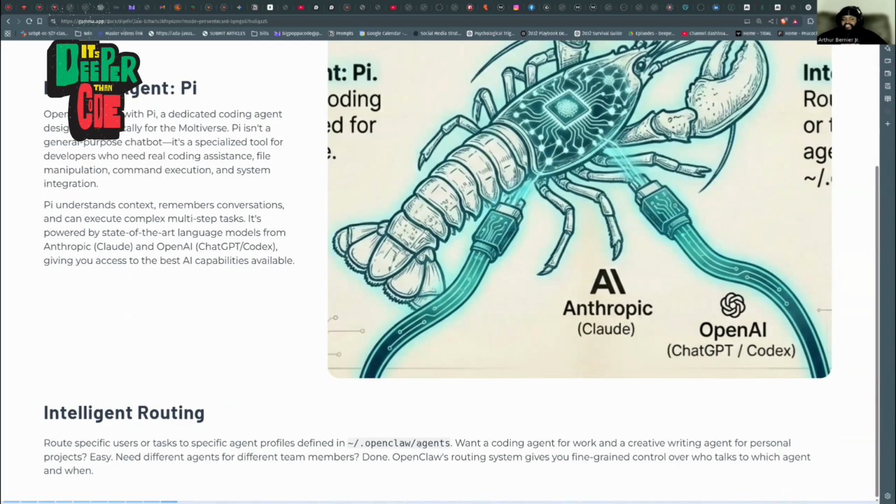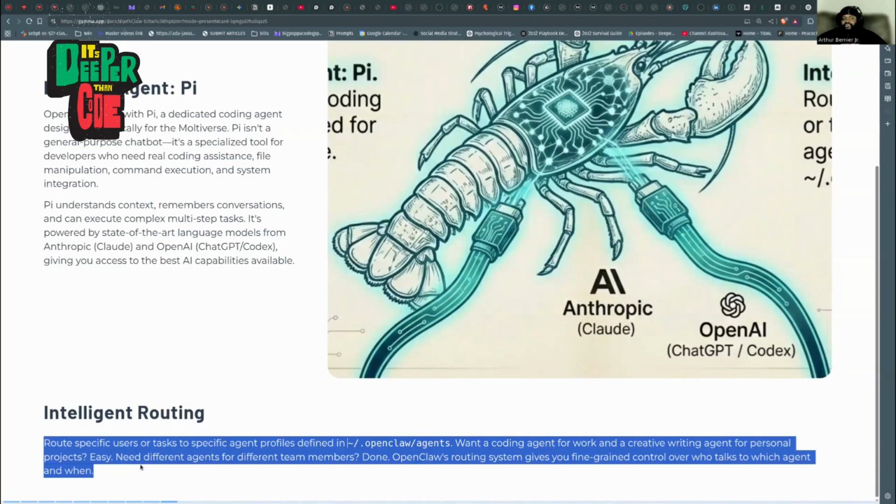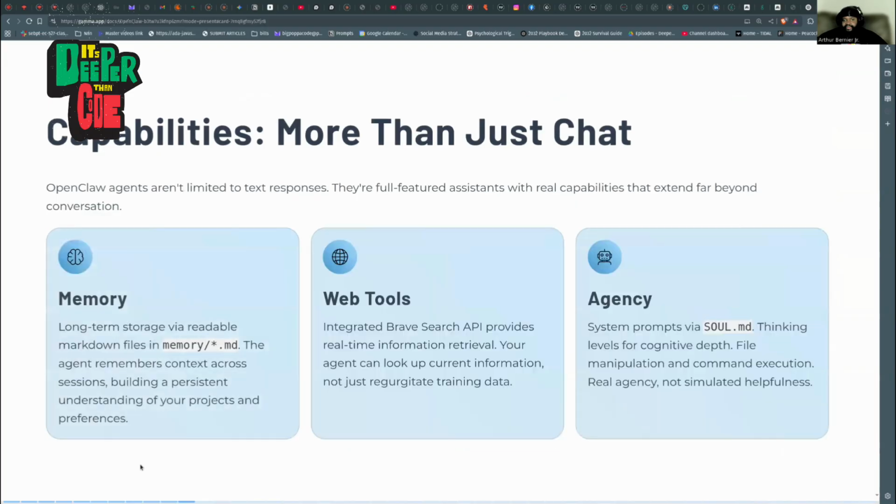And like I said, you could have your agents file to intelligently route it to the right model when necessary, right? In order to do different types of tasks. Like you might need it to use Claude in order to code, and then you want to use OpenAI when you're having a chat, and then you want to use this when you're doing that. Whatever way you want the routing to work, it can actually intelligently route the agents to the right model to do the right task, which is insane, right?